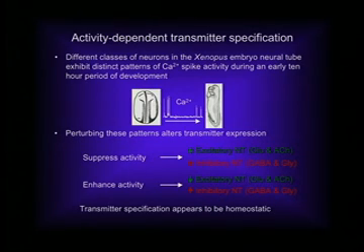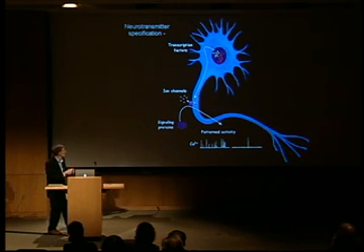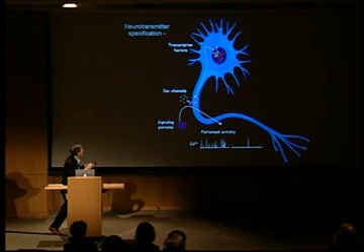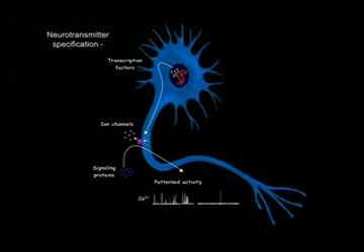So when activity is suppressed, more neurons make excitatory transmitters. When activity is enhanced, more neurons make inhibitory transmitters. Try to get back to that comfortable balance, get back to that homeostasis. And the model that we have here, this is actually not a creature from 100 fathoms that just washed up on the beach. This is our cartoon neuron with its cell body here, the nucleus, the dendrites, long axon ending in a growth cone. The model, the way we think about this process is that there are proteins that regulate